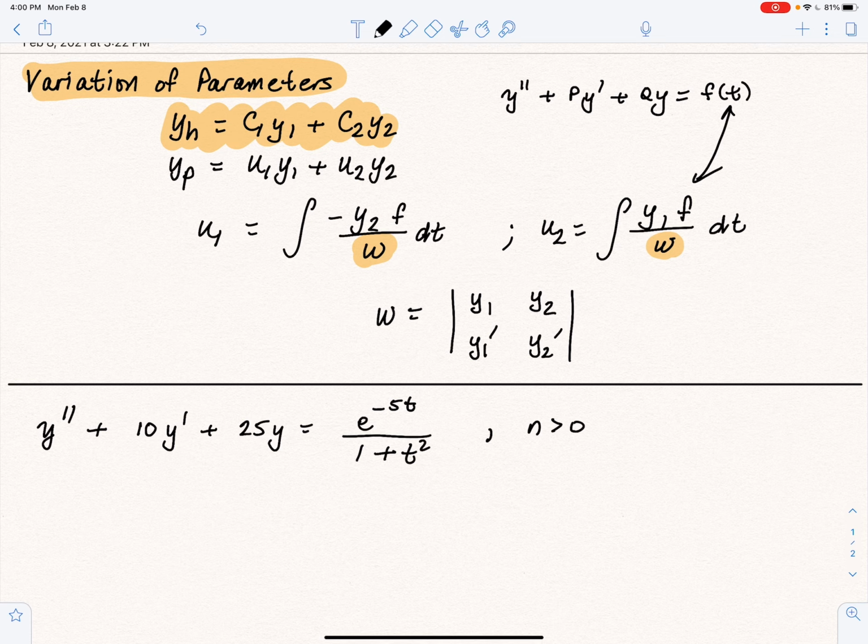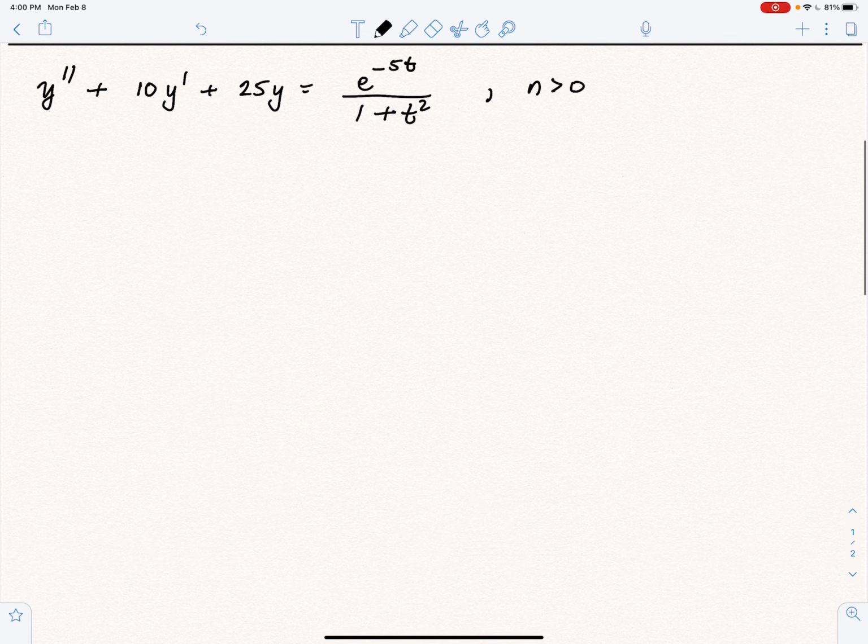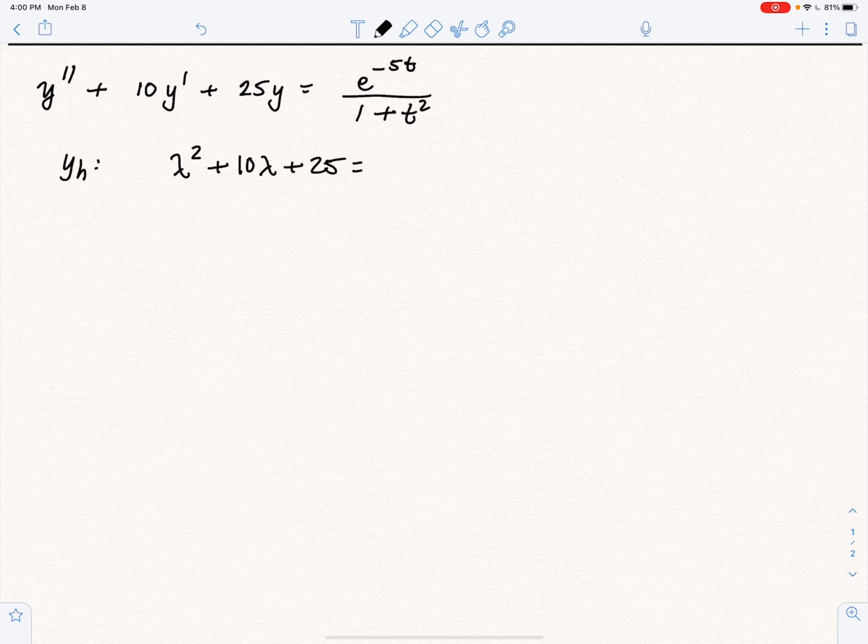So looking at this example here, we have the differential equation y double prime plus 10y prime plus 25y equals e to the negative 5t divided by 1 plus t squared. First things first, we find the homogeneous solution. Now we know the left-hand side is constant coefficients, so we're just going to solve this the old-fashioned way. We have lambda squared plus 10 lambda plus 25 equals 0. This means lambda plus 5 squared equals 0, which means lambda equals negative 5, but repeated,